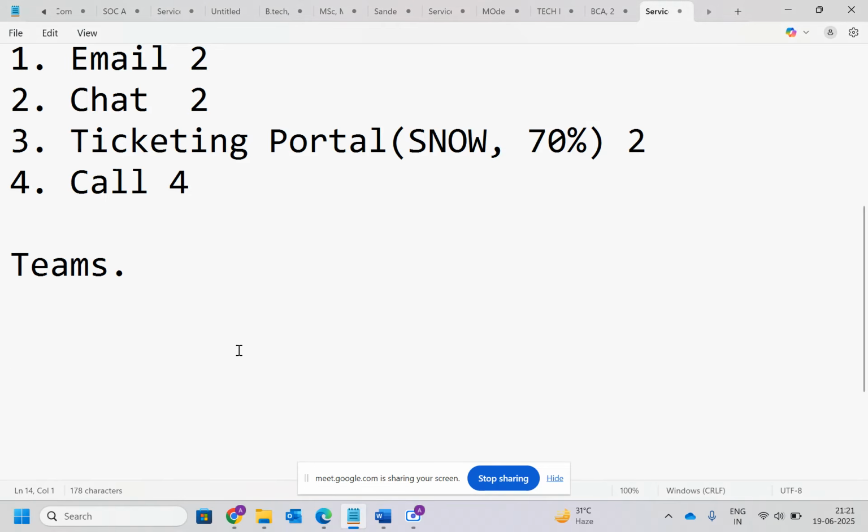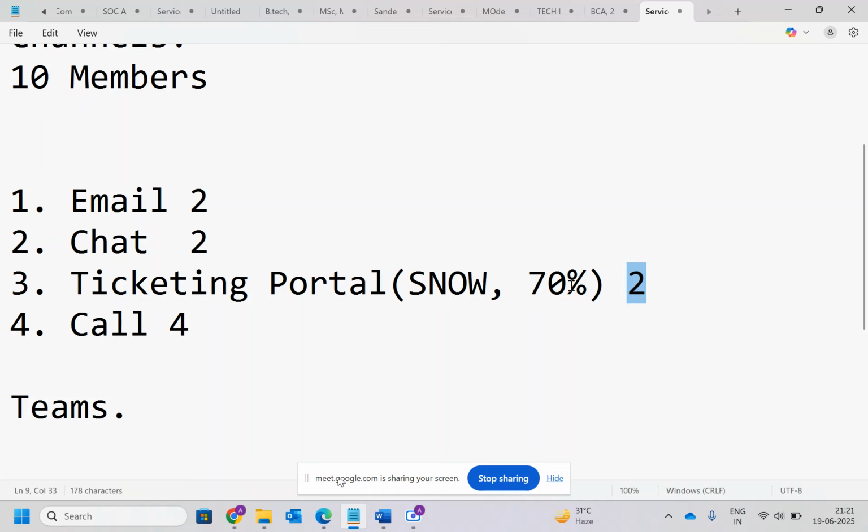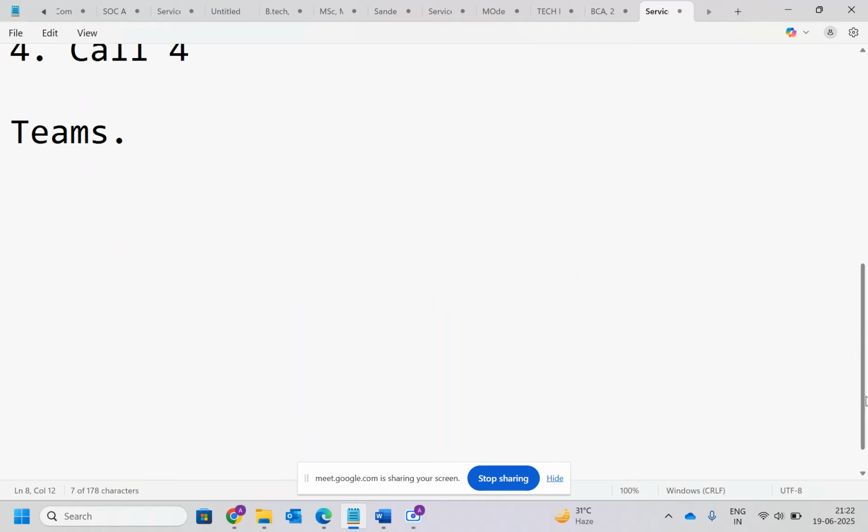नहीं होता है। दिस इज हाउ these सर्विस डेस्क गाइस दे वर्क। सो जैसे कि मैंने बोला कि किसी दिन हो सकता है कि आपको टिकटिंग पोर्टल मॉनिटर करने के लिए देते हैं, तो जितने भी उस पर आपके टिकट्स आएंगे आप उस पर काम करेंगे। कभी हो सकता है आपको कॉल्स अटेंड करने के लिए बोलें, कभी आपको ईमेल पे काम करने के लिए बोल सकते हैं। चैटिंग का 5% ऑफ द कंपनीज दे यूज चैट, अदरवाइज ईमेल, टिकटिंग पोर्टल, कॉल, ये आपका रहने वाला है, ठीक है।